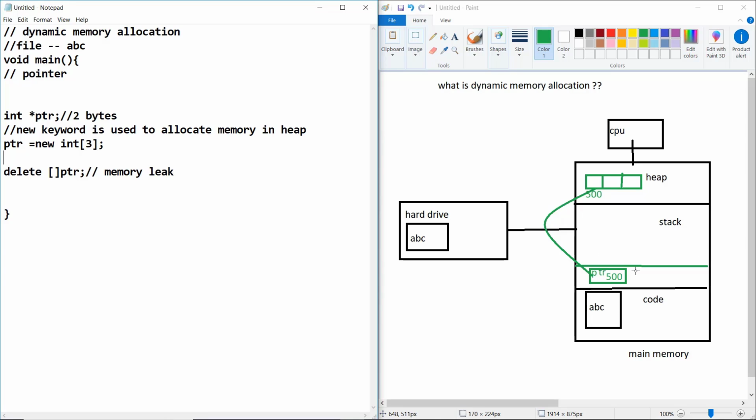But in the stack section, why are we not deleting it? Because it is automatically deleted from the stack when the program finishes executing. That is why we do not use the delete keyword for variables assigned at compile time. So this is the whole concept of dynamic memory allocation.